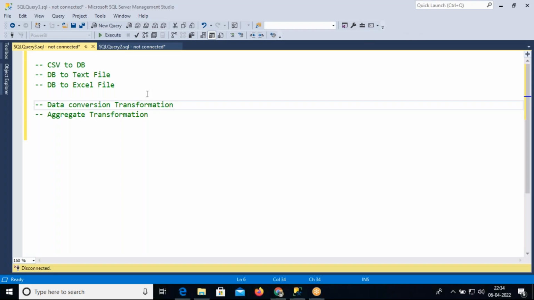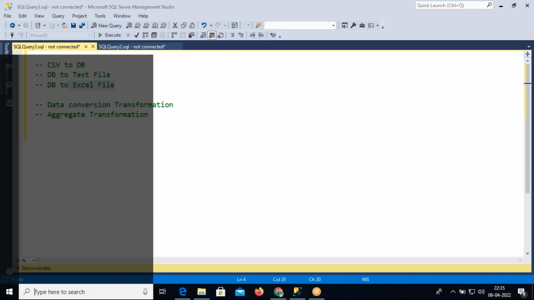Okay, so in the previous session we have seen how to load data from Excel to DB and text file to DB, right? In today's session, we'll see how to load a CSV file into a database, how to take the data from a database table and load it into a text file, and DB to Excel file. Okay, fine. So first open Visual Studio